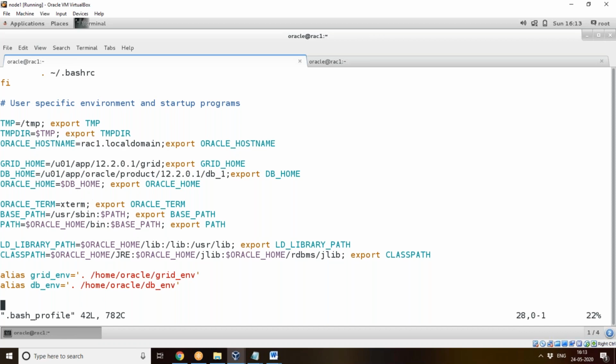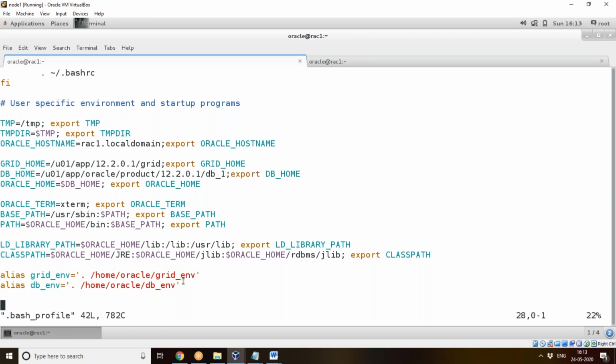So in your DB environment it will turn as DB home, and in the grid environment it will turn as grid home. Then Oracle term, extra, base path, library path, class path. Now I have introduced two environment variables called grid_env and db_env.